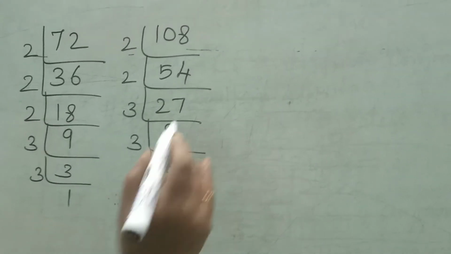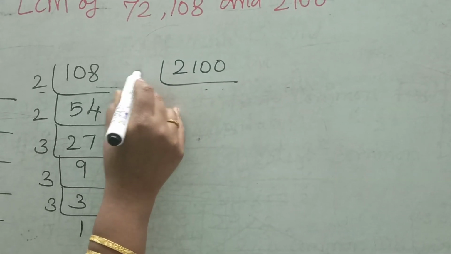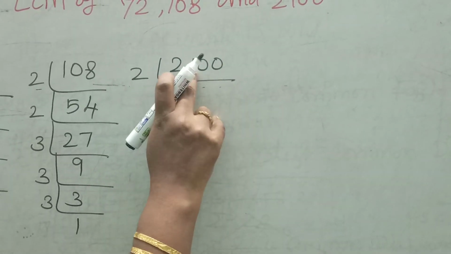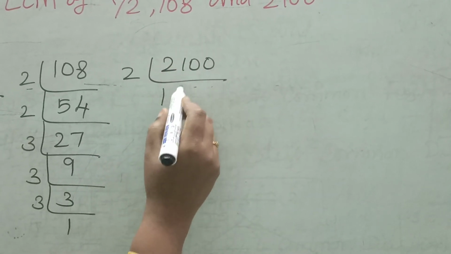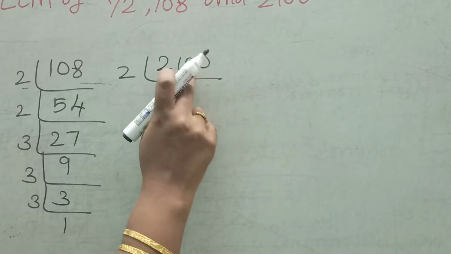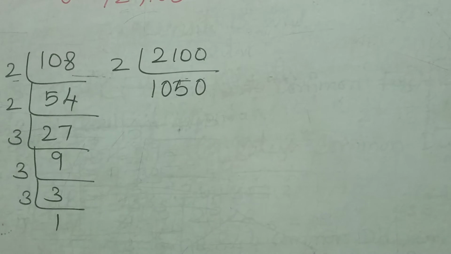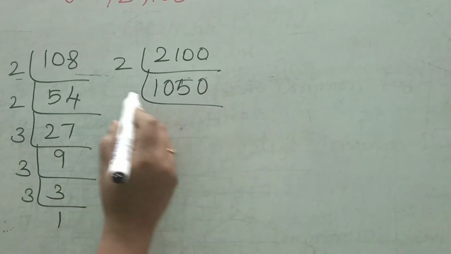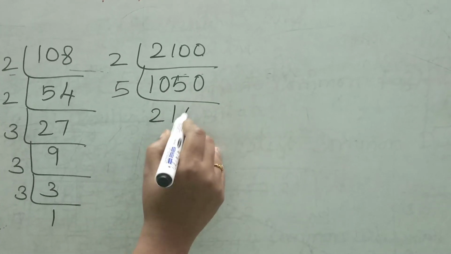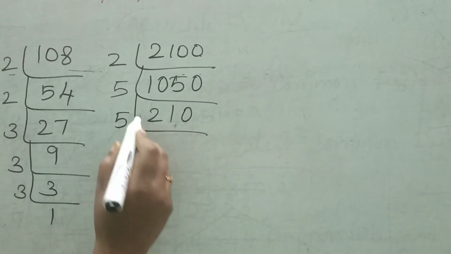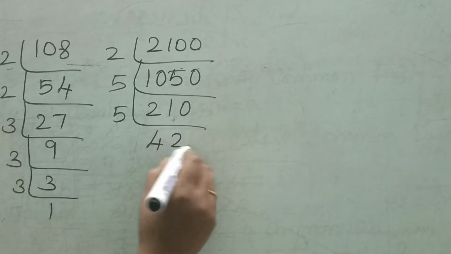Next number is 2100, which is divisible by 2. 1 is not divisible by 2, therefore take the next number 10. We are taking 2 numbers, therefore put 0. 10 is divisible by 2, 5 times. Write this 0. 1050. 1050 is divisible by 5. 10 divided by 5 is 2. 5 is 1 time. Write the 0 as it is. This also is divisible by 5. 4 5s are 20. 10 is divisible by 5, 2 times.